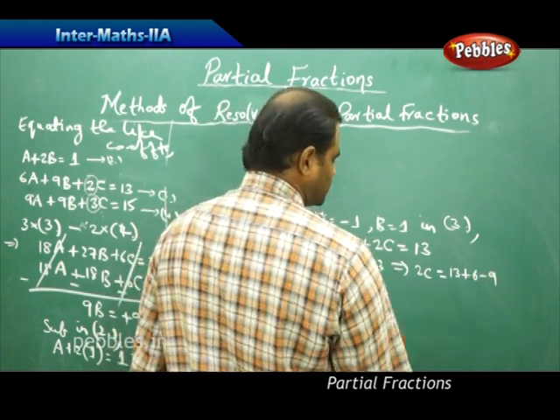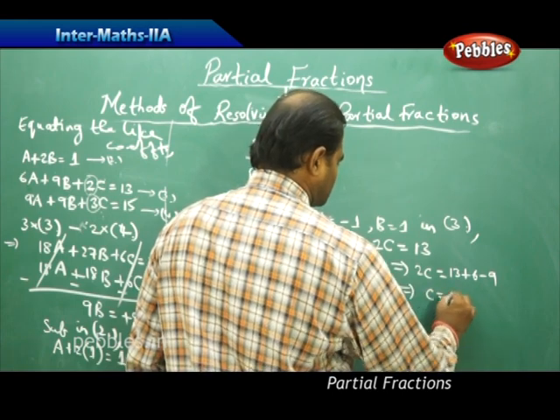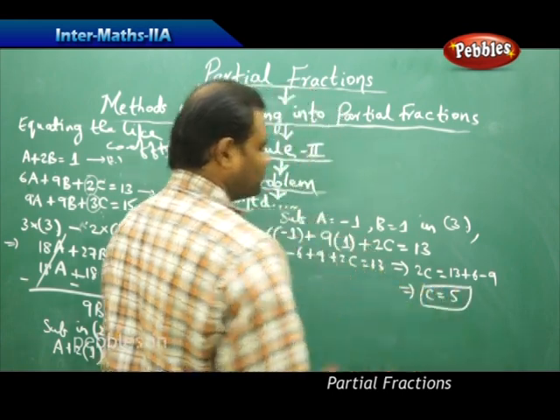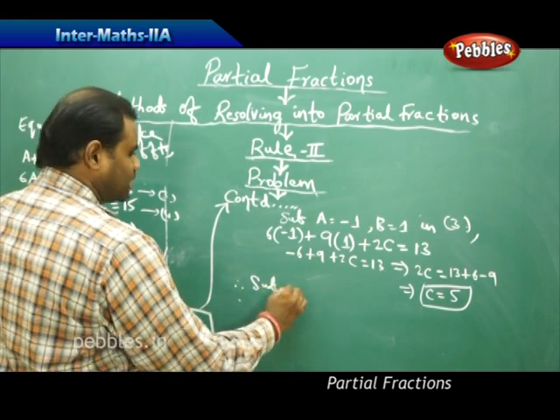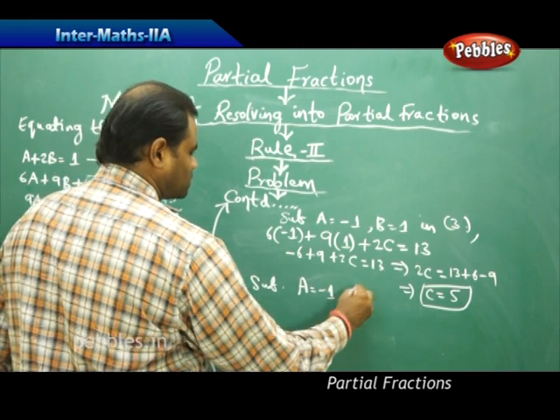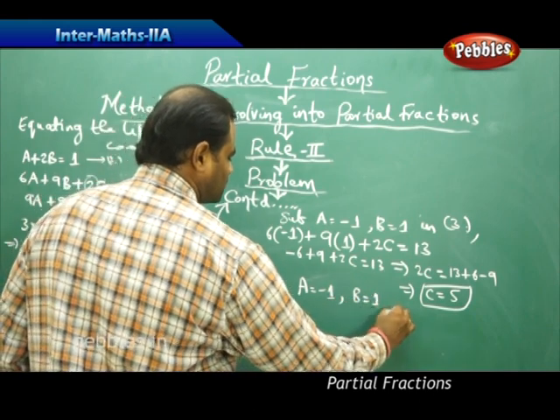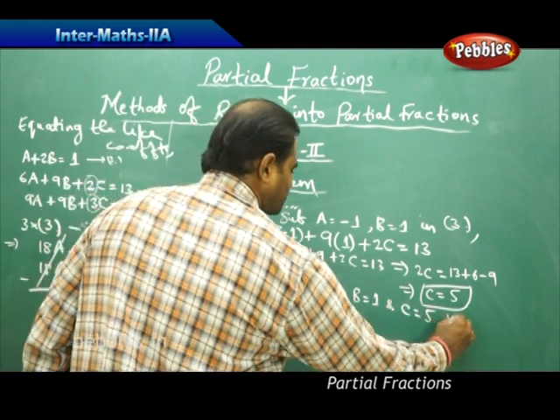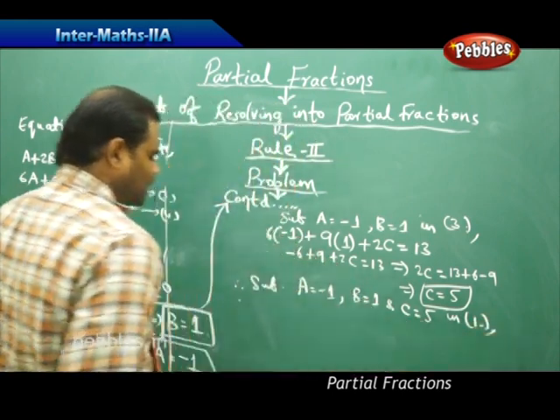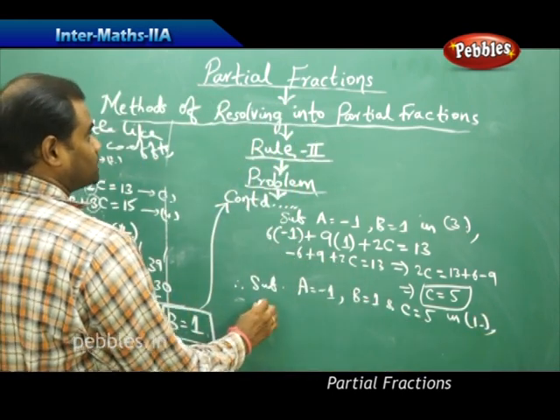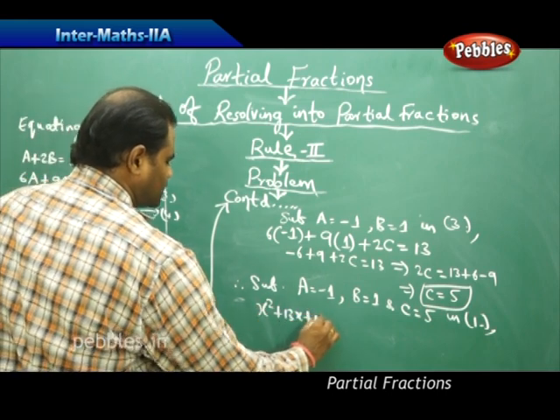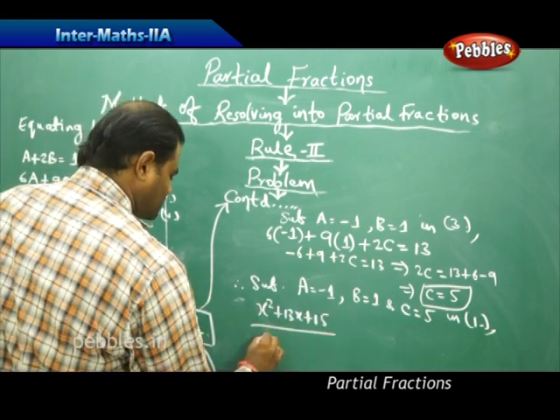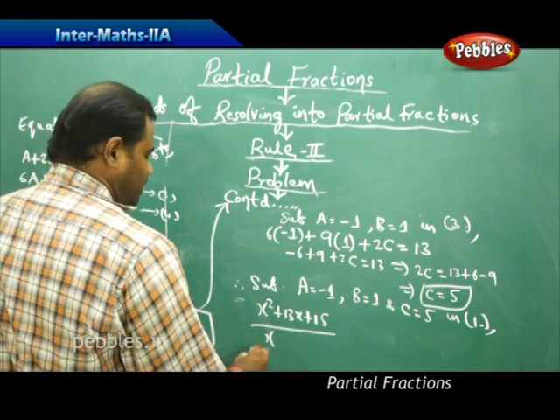And this is 19 minus 9, that is 10. So I get c equals 5. Therefore, finally, I substitute a equals minus 1, b equals 1, and c equals 5 in equation 1. I get the whole of the equation reducing to (x squared plus 13x plus 15) by (2x plus 3)